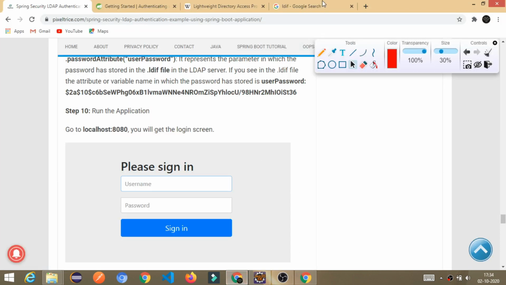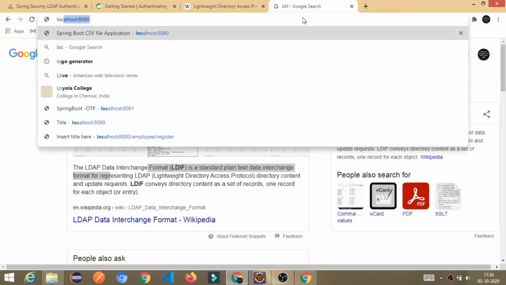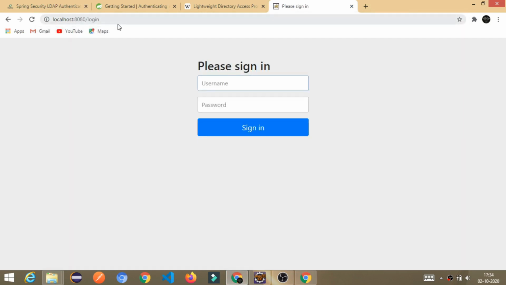Let's go and check whether it's working or not. I'm just going to localhost 8080. So see, by default I am directed to the login page because we have implemented Spring Security. Okay, and here you have to enter the username and the password. And what are that username and password? They should match what is present in your LDAP server.